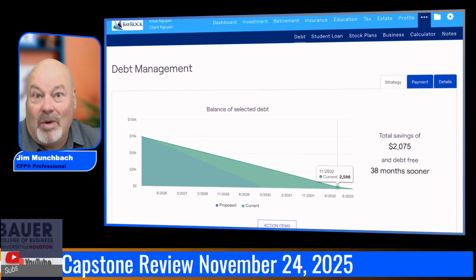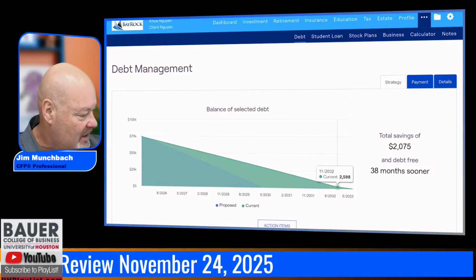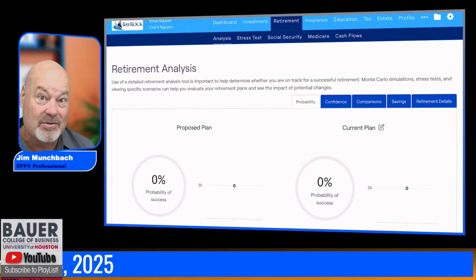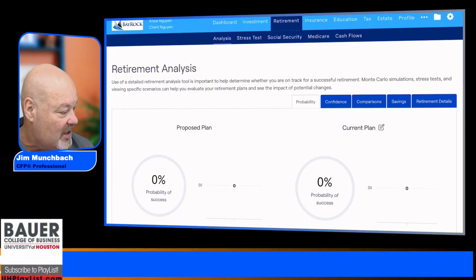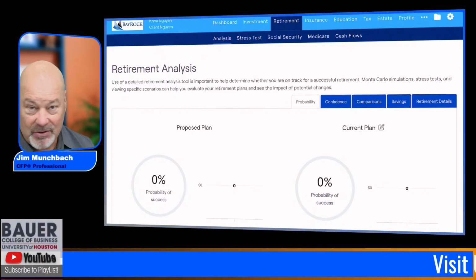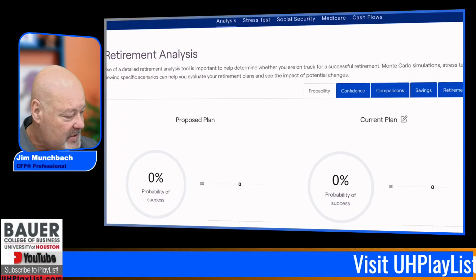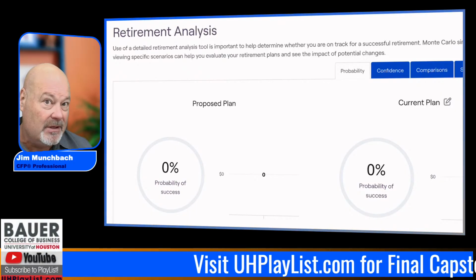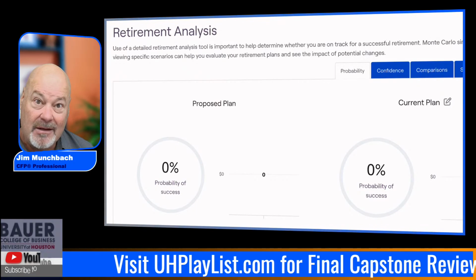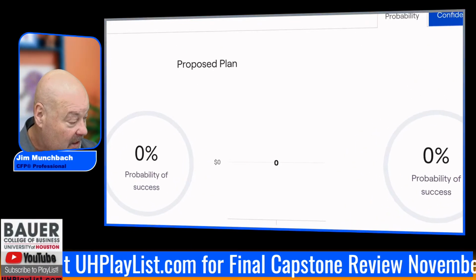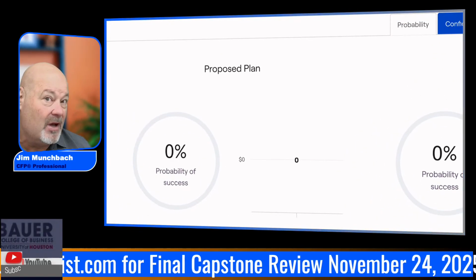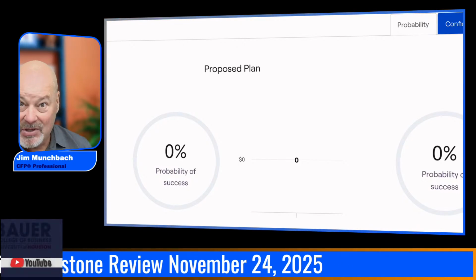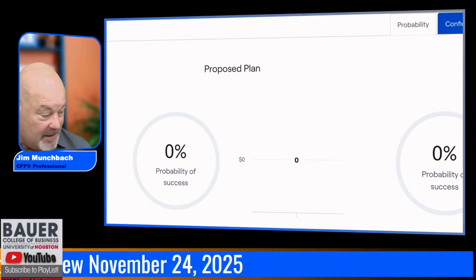Just know what your plan has in it. And if you just do a little playing around, you'll see, if you do what I showed you by going into the cash flows, you'll see that. Again, this number right here, this one's 0. This plan obviously needs some work, but your plan probably has a number there, and maybe you have 100% probability of success, but you have a number that shows how much you will have left over at the end of your plan.